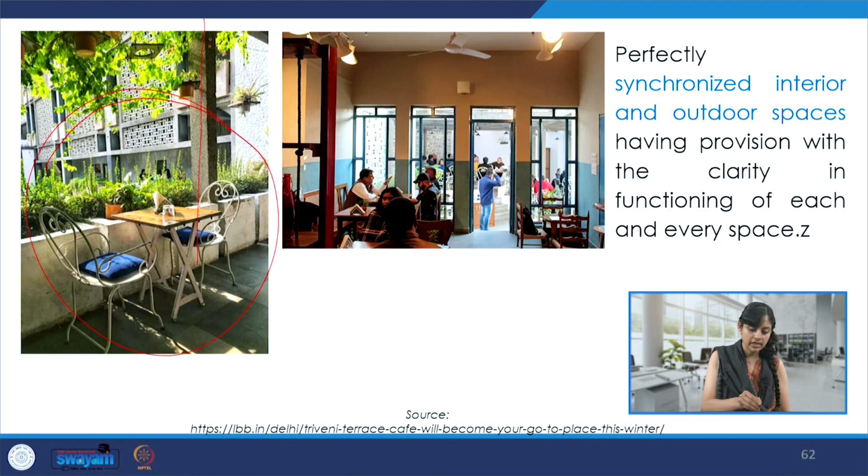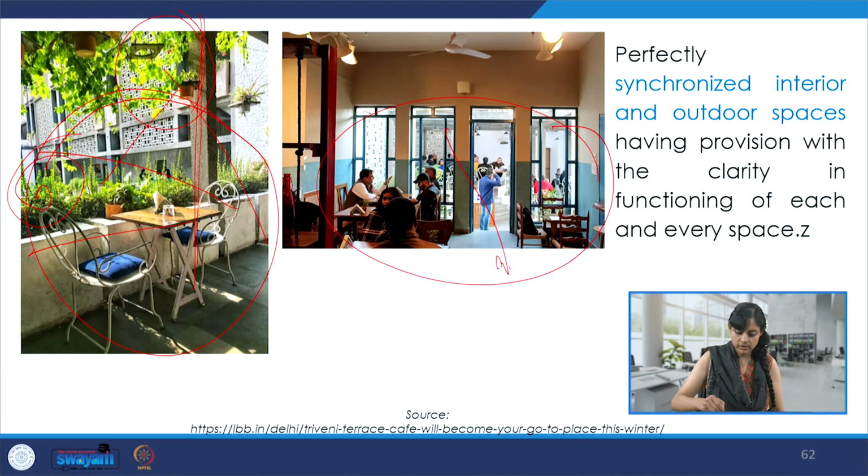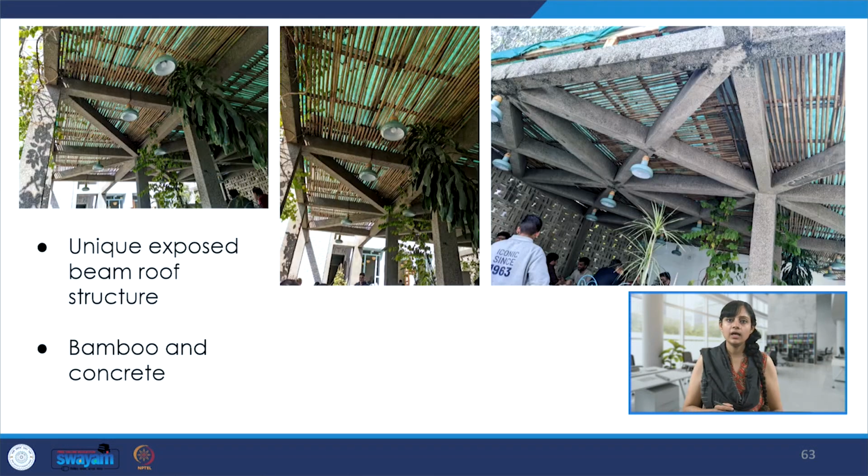So, these exposed concrete finishes against the landscape green, that's very, very interesting. And from here there is a view to the OAT and outside seating, and this is the interior, and from here we are looking towards outside. So there are both kinds of seating, inside and outside. And there is also this interesting use of bamboo, and we see these exposed concrete beams and structural details, and bamboo and concrete form a very interesting vocabulary for this entire cafeteria.